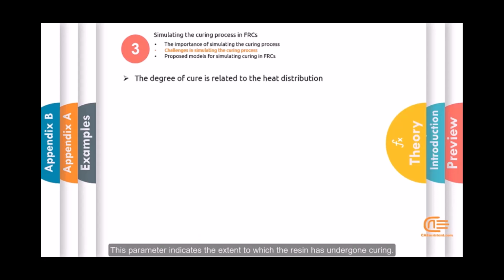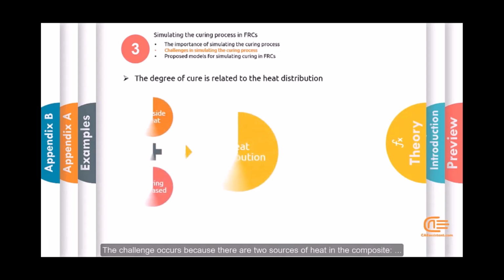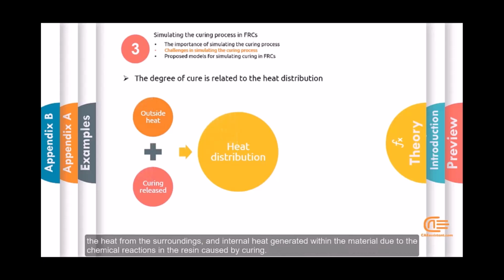This parameter indicates the extent to which the resin has undergone curing. It ranges from 0, indicating no curing, to 1, indicating complete curing. However, determining the degree of cure is challenging because it depends on the heat distribution within the material during the curing process. The challenge occurs because there are two sources of heat in the composite: the heat from the surrounding and internal heat generated within the material due to the chemical reactions in the resin